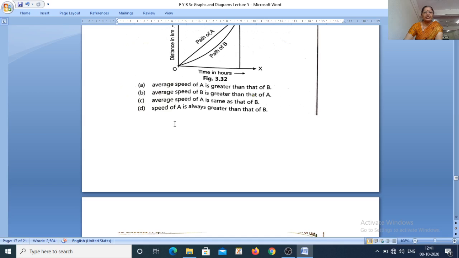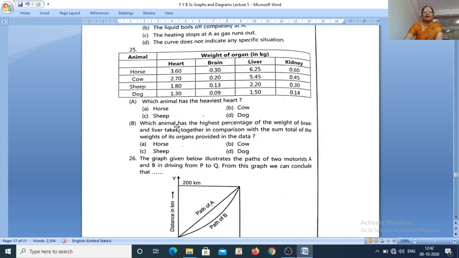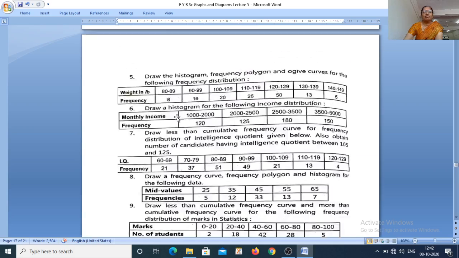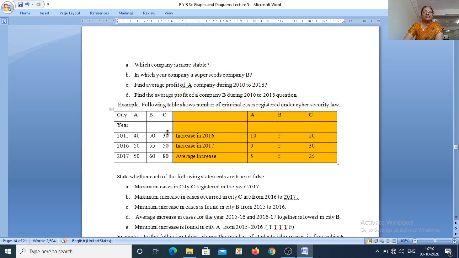So I think this is enough for today, and we have discussed all the graphs and diagrams and how to interpret the graphs and diagrams which are related with subtle phenomena and how to interpret the results. So, in this way, now we conclude this lecture and we will stop here.